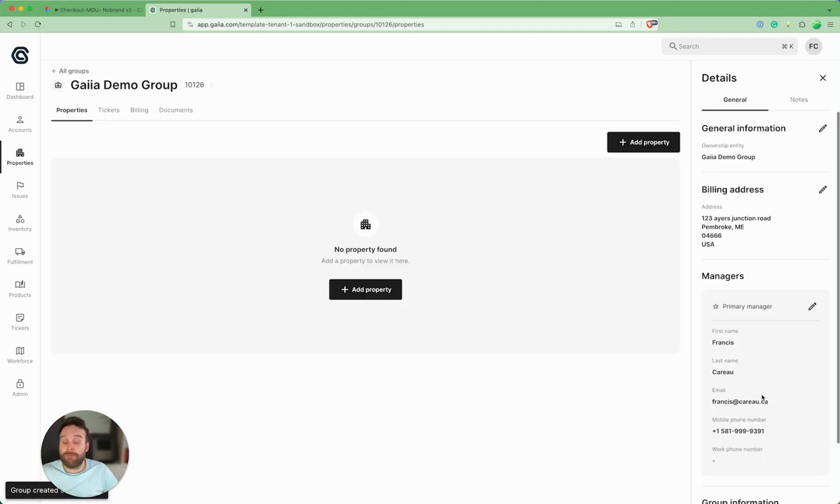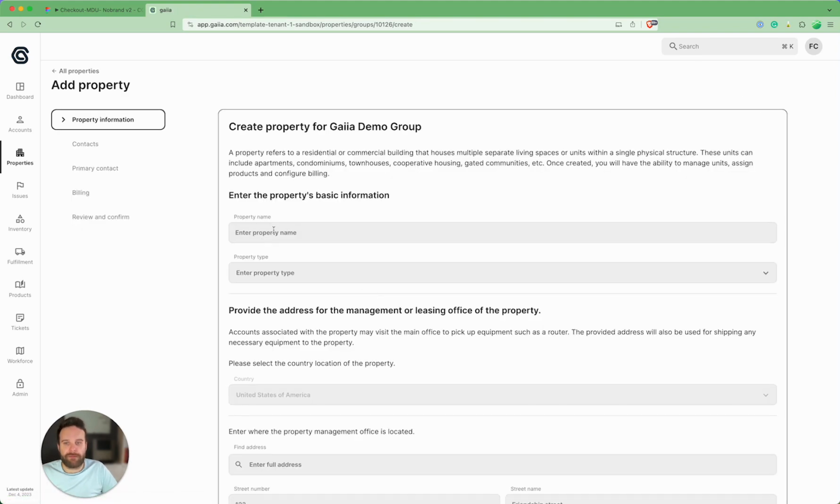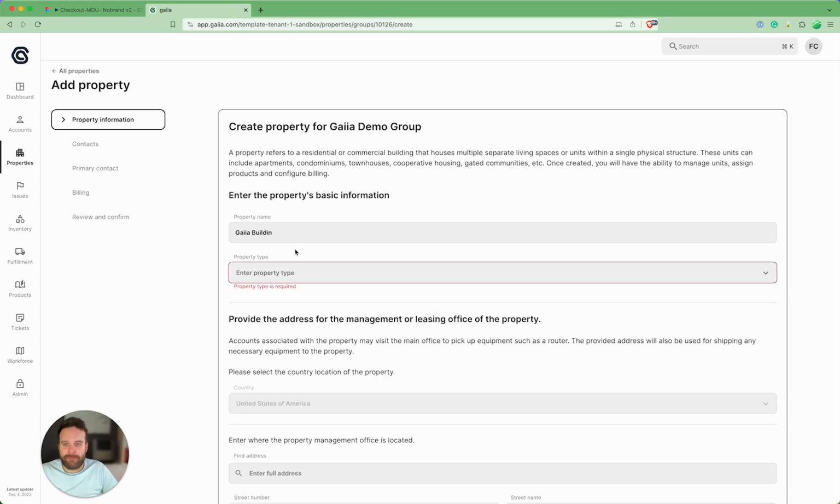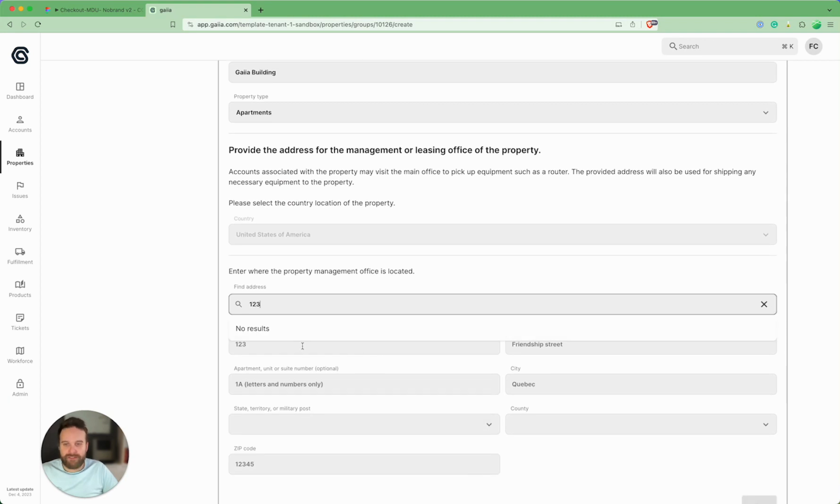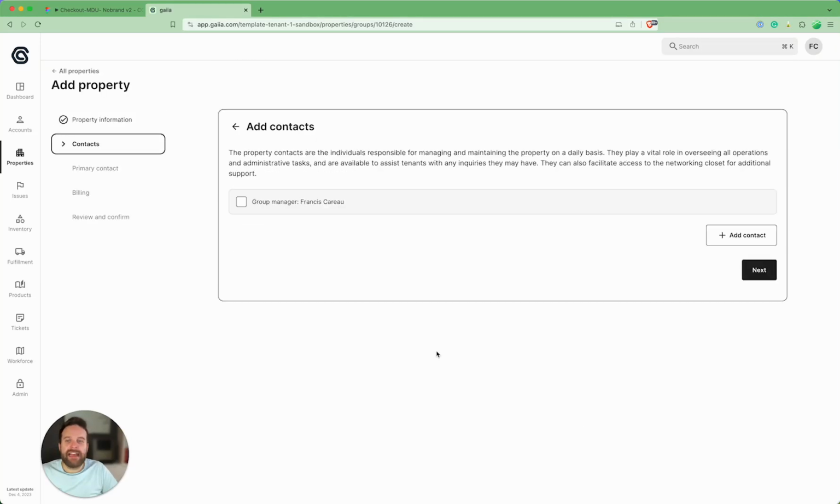Now that my group is created, I need to create a property within the group. I'll click on add a property right here, the Gaia building. Then this is an apartment. I'll put the address of the building. I'll click on next. And then here I can reuse my contact as a group manager, but I can also